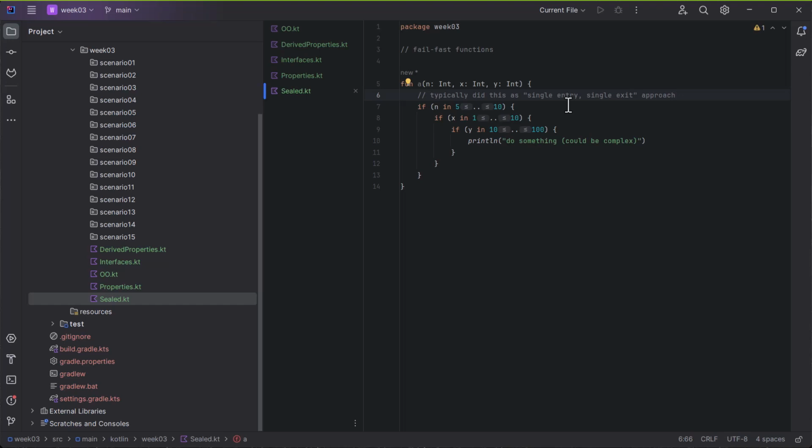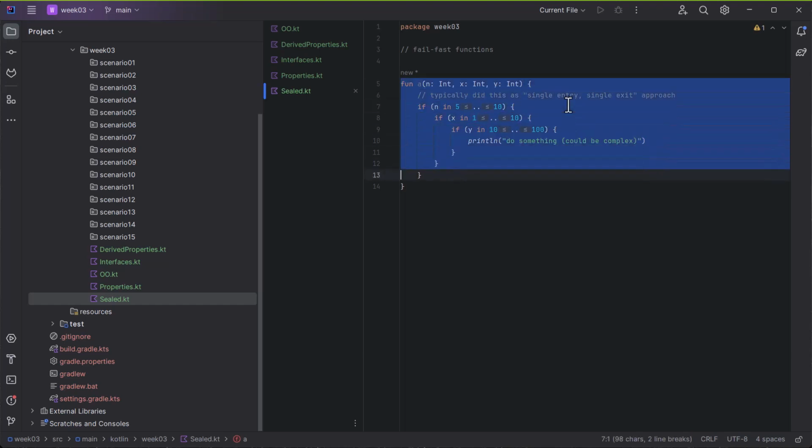When we have proper control structures like we do in languages like Kotlin, that's really not as much of an issue. And so I think that was more of a knee-jerk reaction that people didn't like how goto worked. So they wanted to put some rules in saying you don't go to outside of a function, or you don't go to the end of the function. You have proper logic. So a fail-fast approach to this